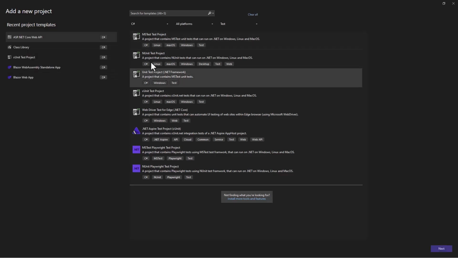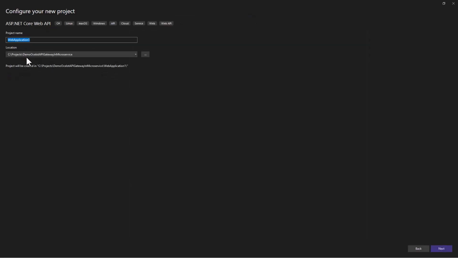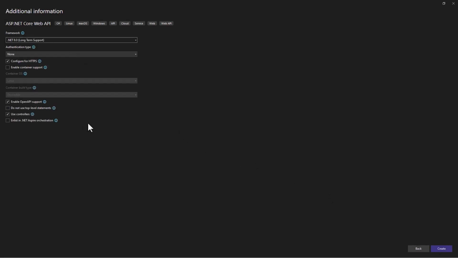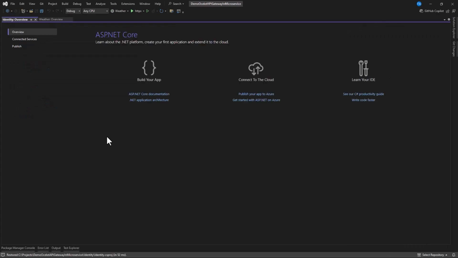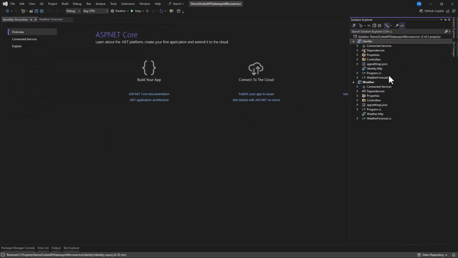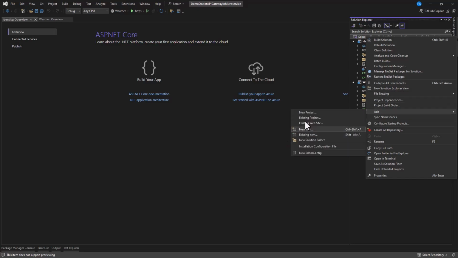So new project, the same Web API. And now here we can say that this is Identity. So that's our second API. Now these 2 APIs come together to form our microservice, but we need to have a gateway. So let's create this, and after that, we're going to create our gateway. Our gateway is also going to be an API, but in this one, we're not going to expose controllers. So let's add the next one.